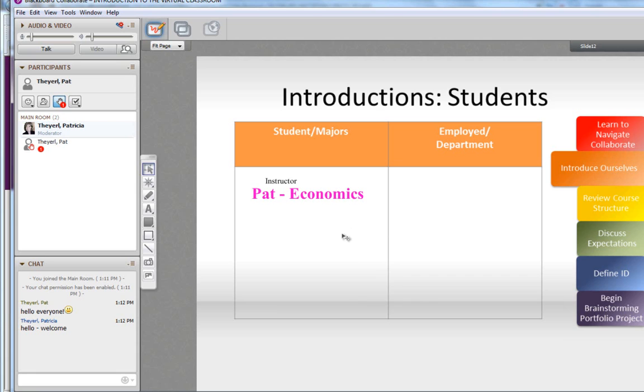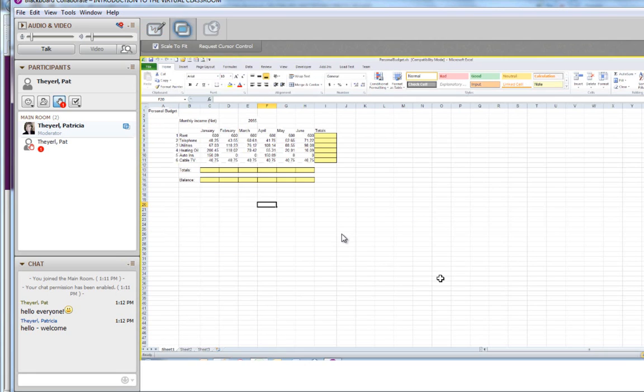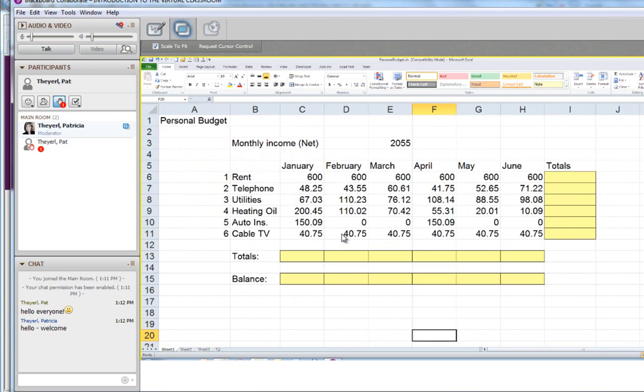All right, I said that I might switch over to Excel, and I'm going to do that now by clicking on Application Sharing, and then I'm going to share Excel with you. So now you're seeing my Excel screen, and I am going to increase that so that you can see, and now I'll be able to demonstrate some things. So I may review perhaps some formatting,